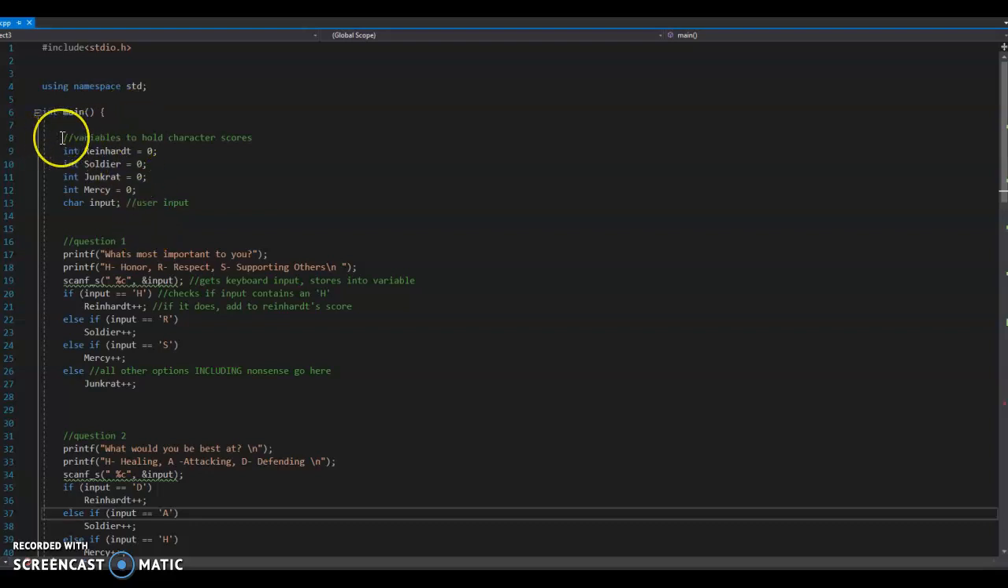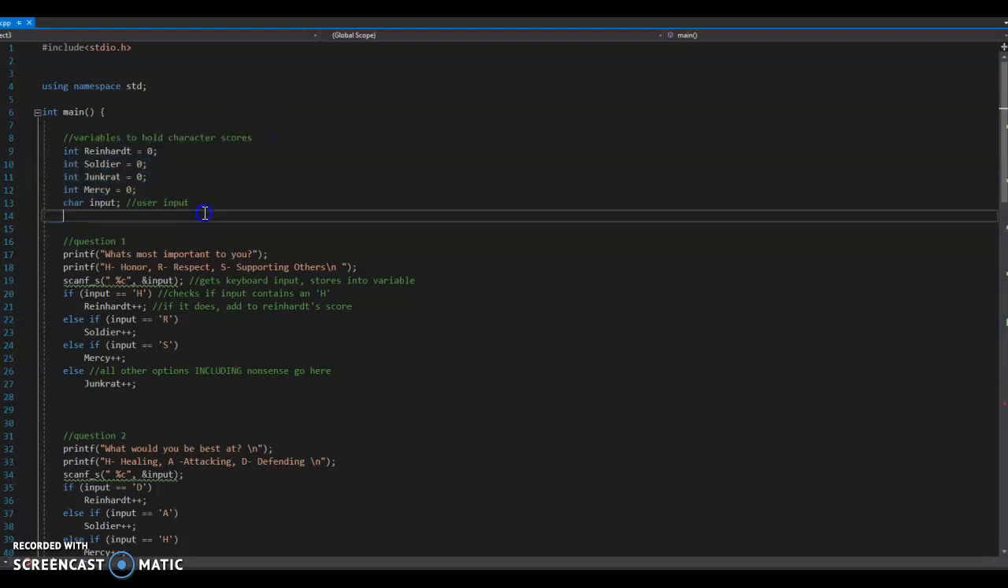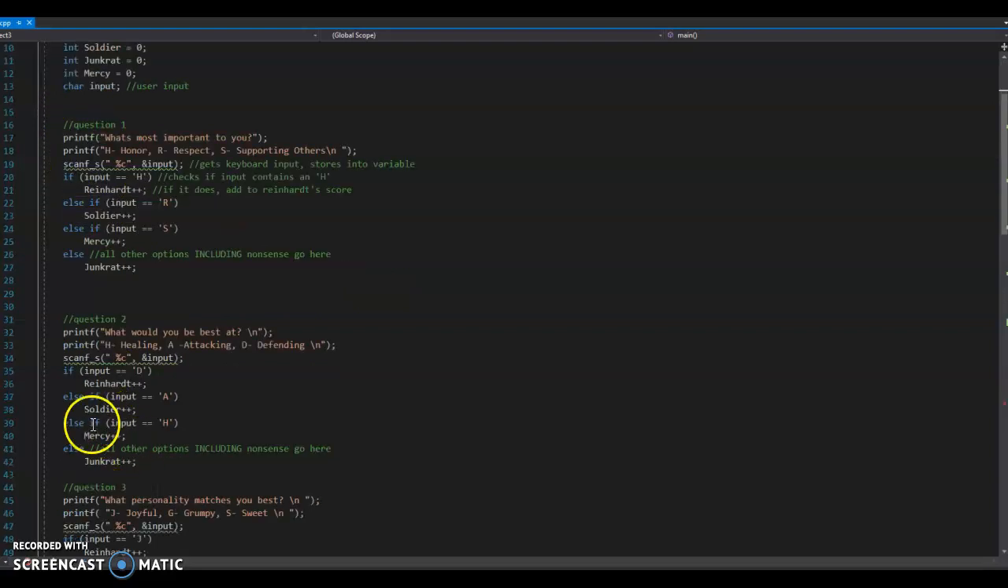Okay, hello. So to start off my code, I used int main. This chunk of code is to declare my variables, so that I could reference them in my